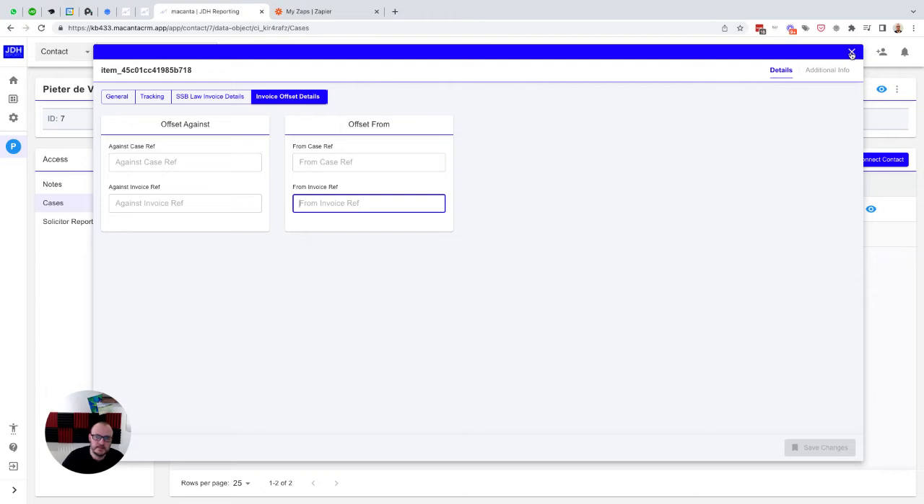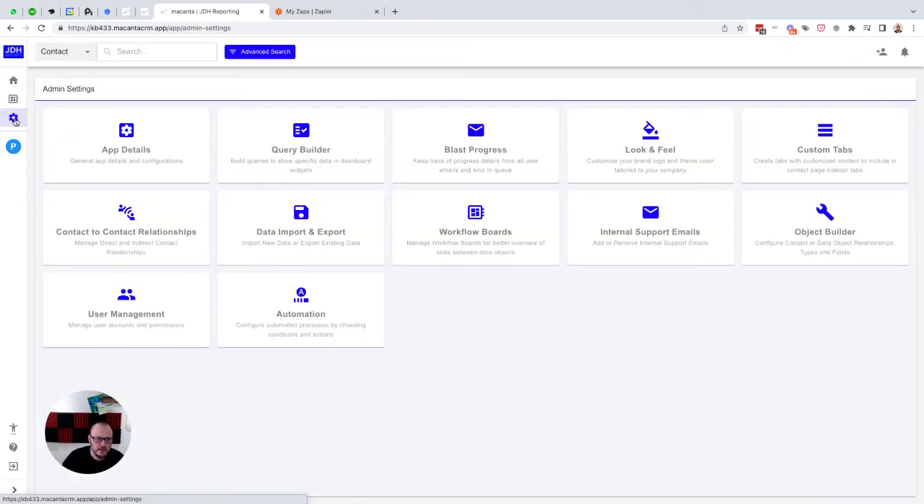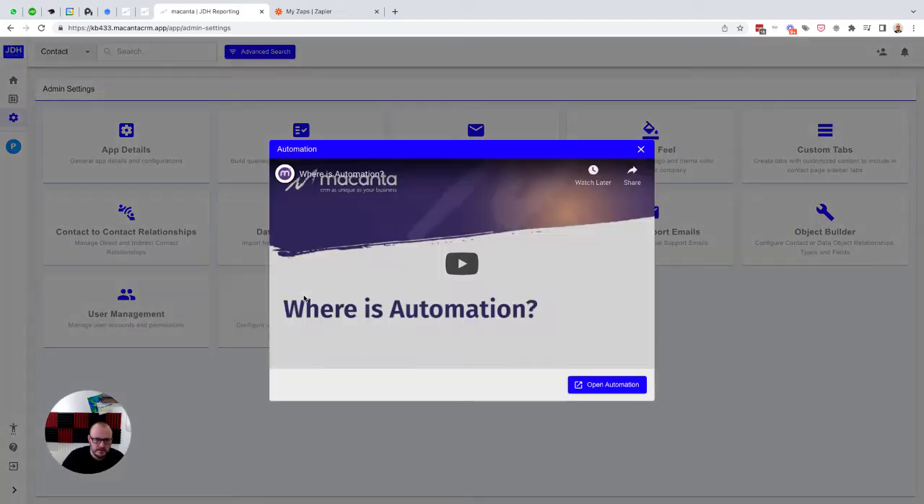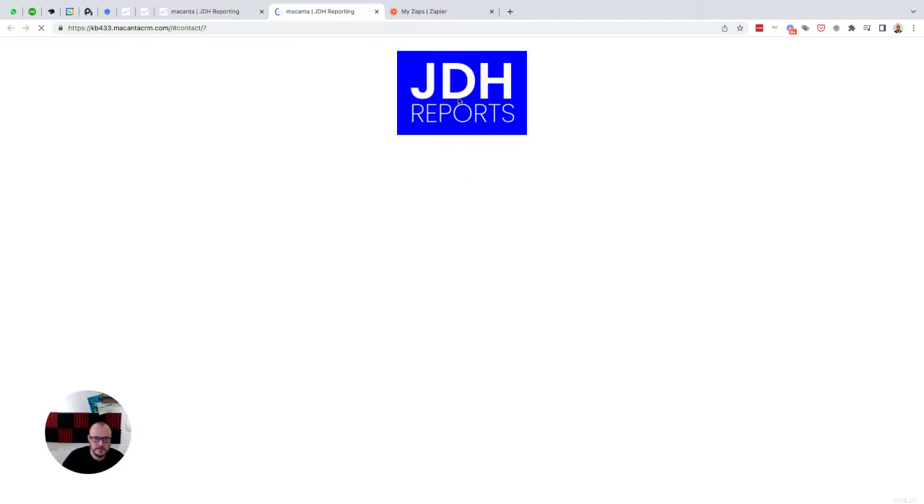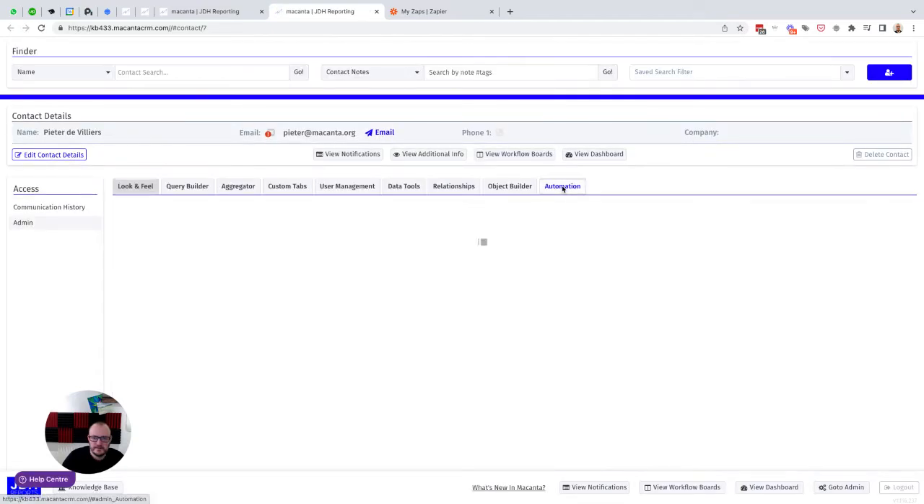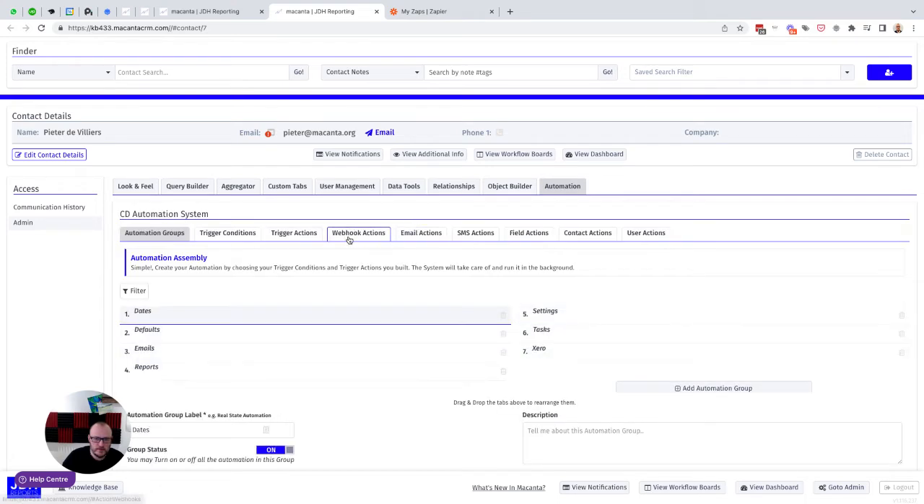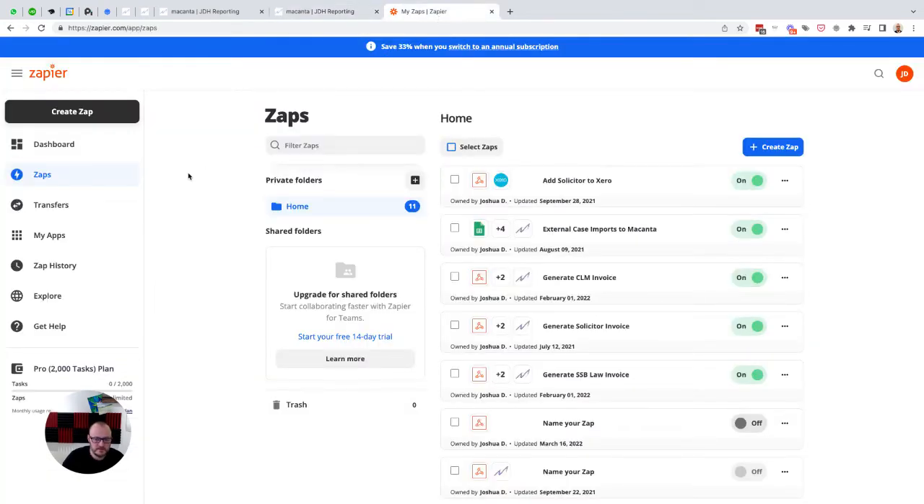So let's start with our automation. We'll go into the admin settings again. Now at the time of this recording, automation is still in the older interface, so we hop over there and we go into our automation. The first thing we need to do is build a webhook action, but we need to go and set up the start of the Zap. So we're going to fire a webhook out of Macanta at Zapier. So I need Zapier to catch the hook